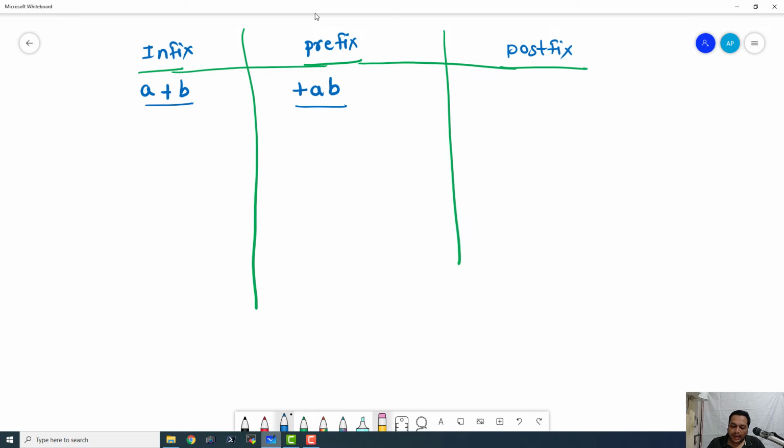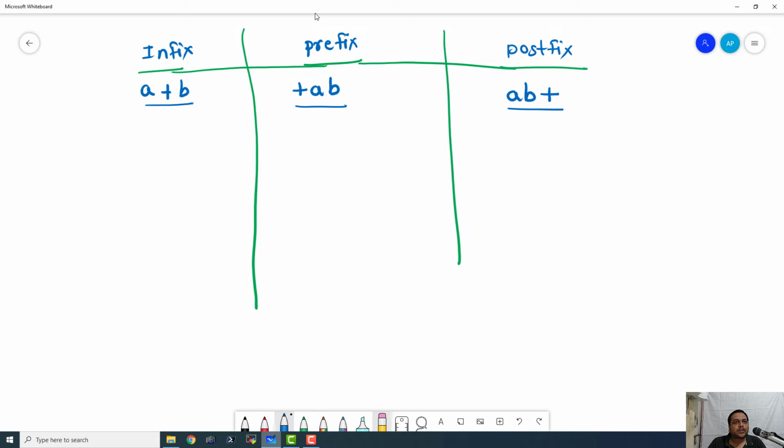Similarly, postfix. Now you must be smart enough to understand how to compute a postfix. So this is the postfix. Here the operator is after the operands. Now these are very simple examples, right? Because there are only two operands and we are not concerned with precedence or associativity or anything like that. These are binary operators, and there are only two operands. That is why we can clearly write the operator before or after based on whether we want prefix or postfix.